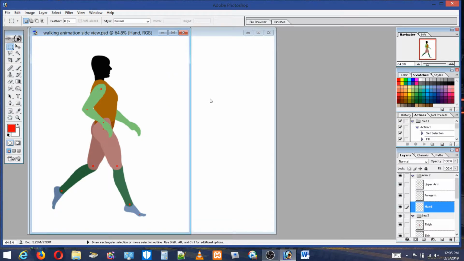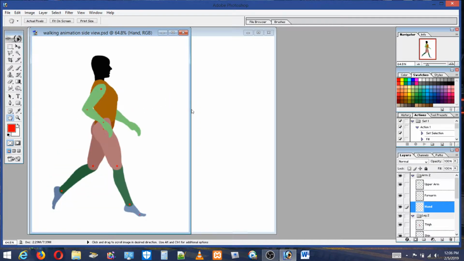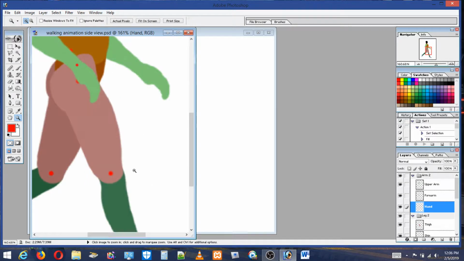Apply. So I didn't do anything for the head. It's just the shape of a head. And you can redo the arms to thin them out to be for a skinnier person. You can add more muscle to his legs